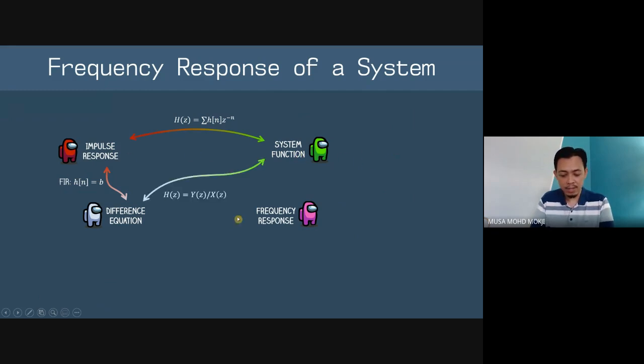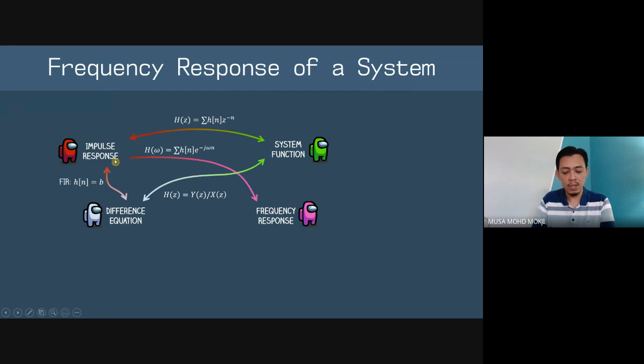Okay, what else? Next, this is the difference equation to system function. We have seen this also in week 6 last time. So what is actually H(z)? H(z) is just your Y(z), your output in the Z domain, divided by your input X(z) in the Z domain. That's the relationship. And then this is new. We saw this last Thursday.